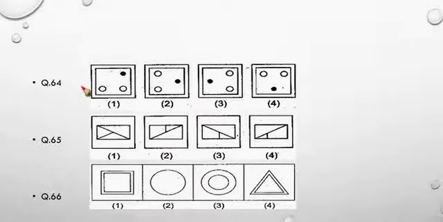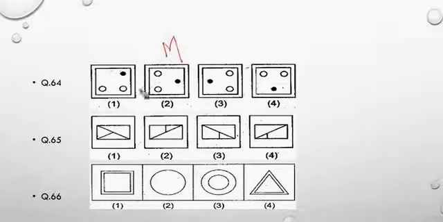Question number 64. There are 4 options given. In the first option there are 2 blank circles on one side, and on the opposite side there is one dark circle. In case of problem figure 2, similarly there are 2 blank circles on one side and opposite there is a dark circle, but the position of the dark circle is on the opposite side exactly in the middle,